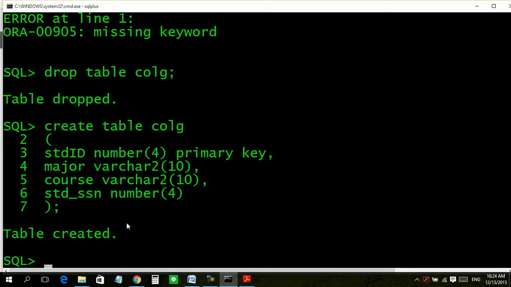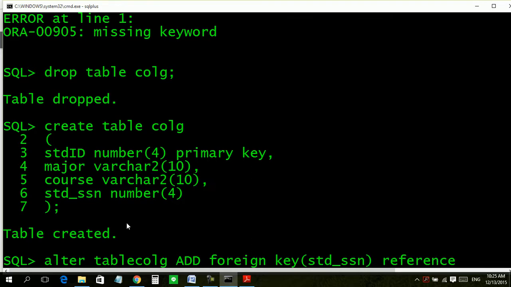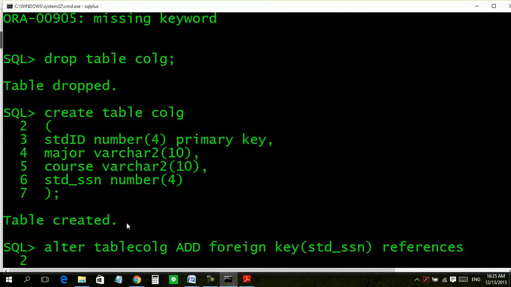Shabab, this is our table. Now we are going to add a foreign key here. Alter table college, add foreign key, std ssn, references, table name st, column name ssn.